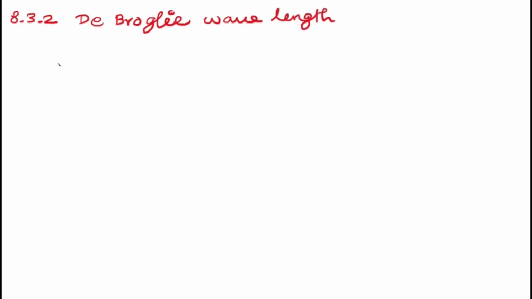So topic number 8.3.2, de Broglie wavelength. The momentum of a photon of frequency nu. So we are taking the photon frequency as nu. So this P is equal to h nu by c, that is equal to